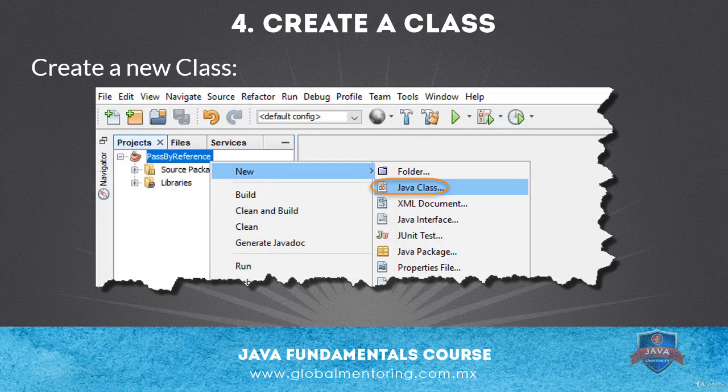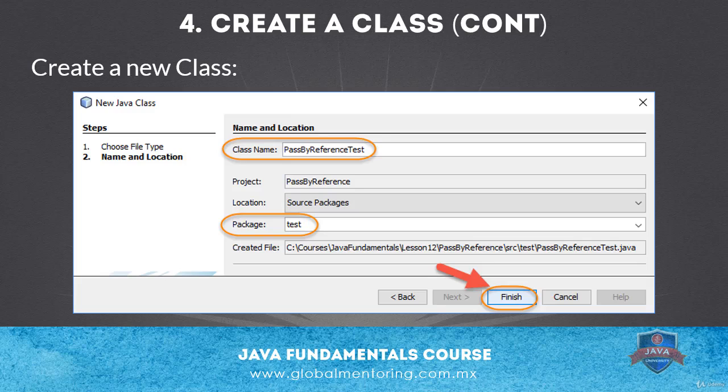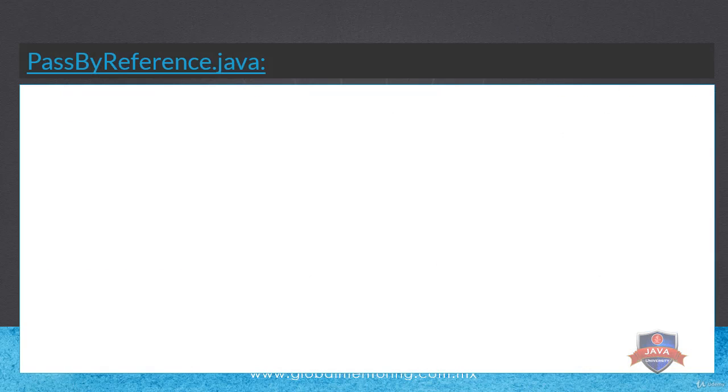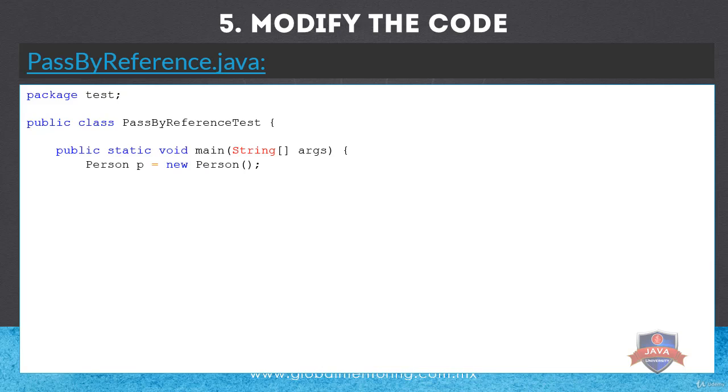We will create another class, so right-click on the project, New and Java class. The class name is Pass by Reference Test, and the package is Test, and click on Finish. We'll modify the code of the class Pass by Reference. So the package is Test, the name of the class is Pass by Reference Test, and we add a main method. We declare a variable of type Person, and we assign it a new reference, in this case new person,